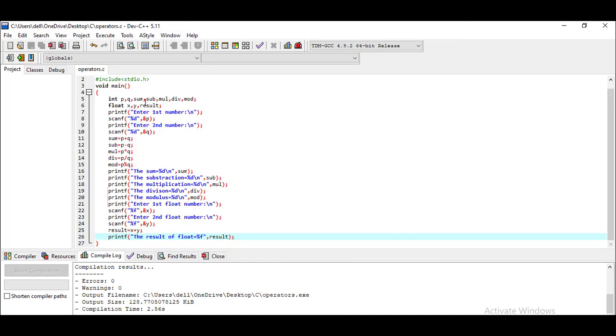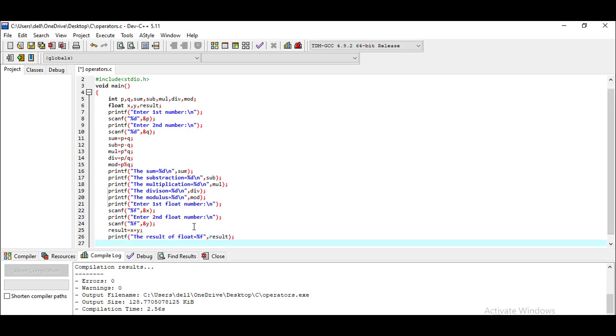You can use all these types of operators: subtraction can be done on the float, multiplication can be done, division can be done, and the modulus can be done. So even in the case of integers, if you divide a number by another number, the result may be in the form of float. So for that you can also declare the data type as float. And in the last, I would like to explain some addition operation on character.